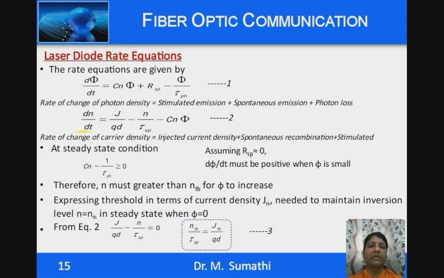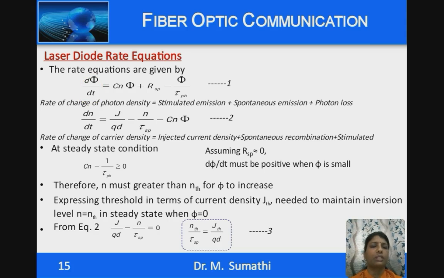And for the rate of change of carrier density, we have carriers due to injection by the forward bias, and the loss in carriers is because of spontaneous and stimulated emission. So the rate of change of carrier density is equal to the injected carrier density minus the spontaneous recombination and stimulated recombination. At steady state condition, assuming that the spontaneous emission rate is 0,